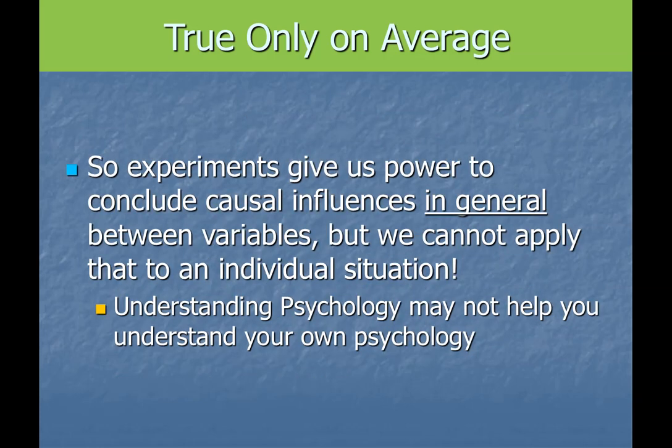So experiments give us the power to conclude causal things about causation, right? Not just correlation. If we do a true experiment, it does give us the power to make conclusions about causal influences in general between variables, but we can't apply that to an individual person's situation. Or it's not that it doesn't apply, but we don't always know for sure that it applies to that one individual. We know that the odds are it applies to them, right? If it applies to people in general, then the odds are it will also hold for that individual,